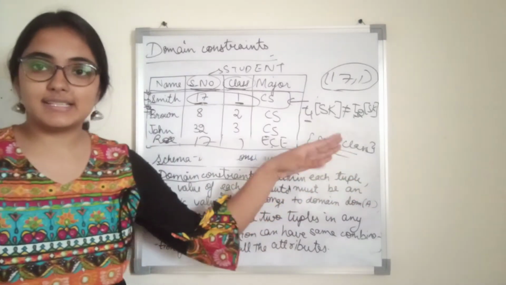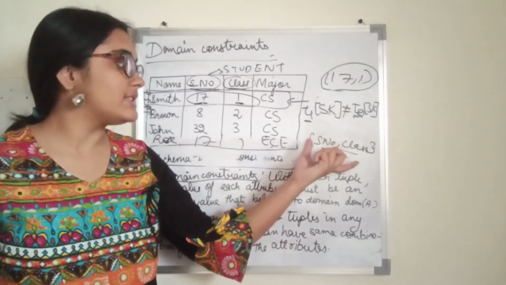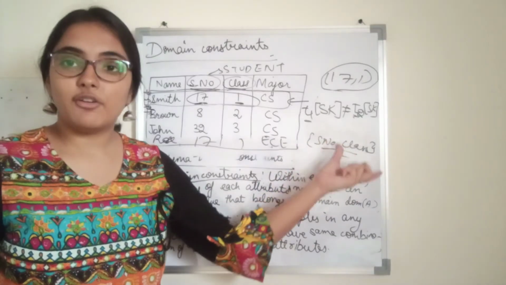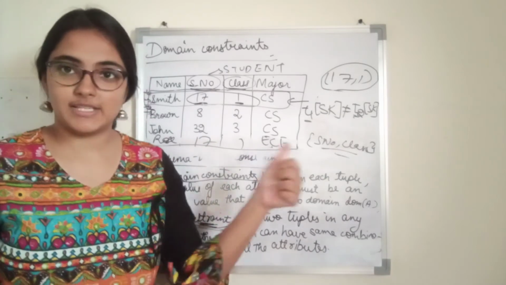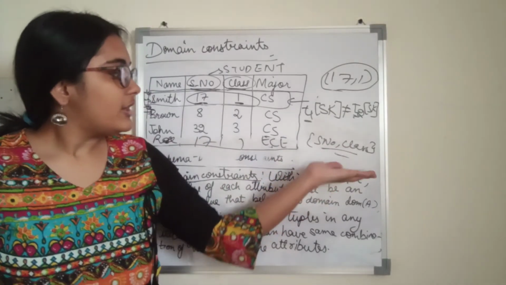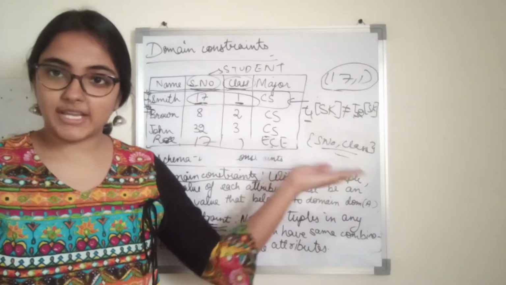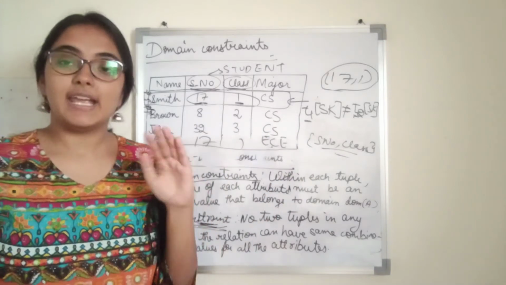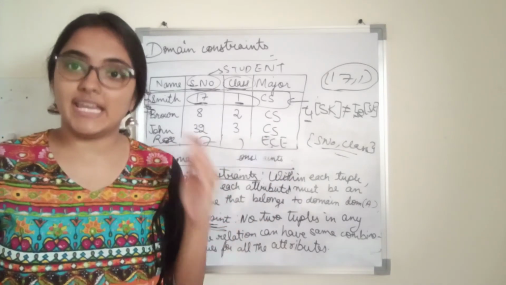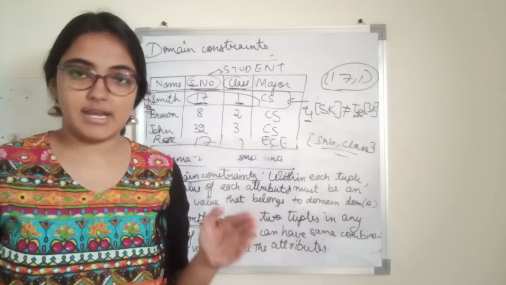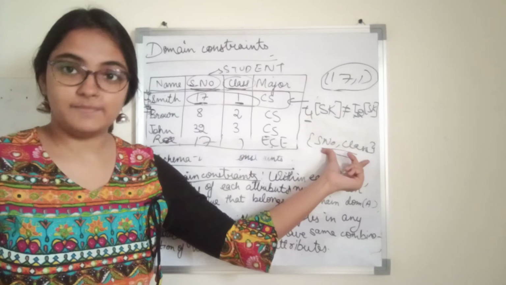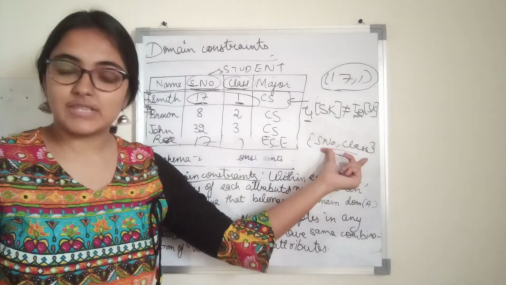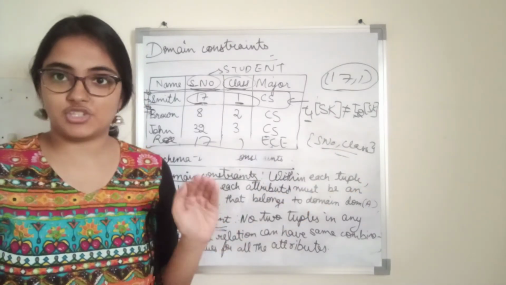So super key is the set of attributes, or you can say the subset of attributes, for which we define that no two tuples can have the same combination of values for these attributes. So regarding super key, what I can tell you in simpler terms is it is used to uniquely identify each tuple within a relation, right? If I say that this is a super key for the relation, then using these two attributes, I can identify any tuple in the relation uniquely.